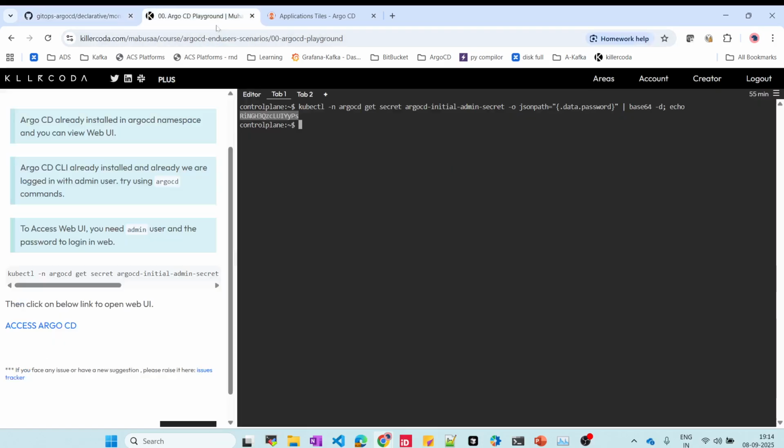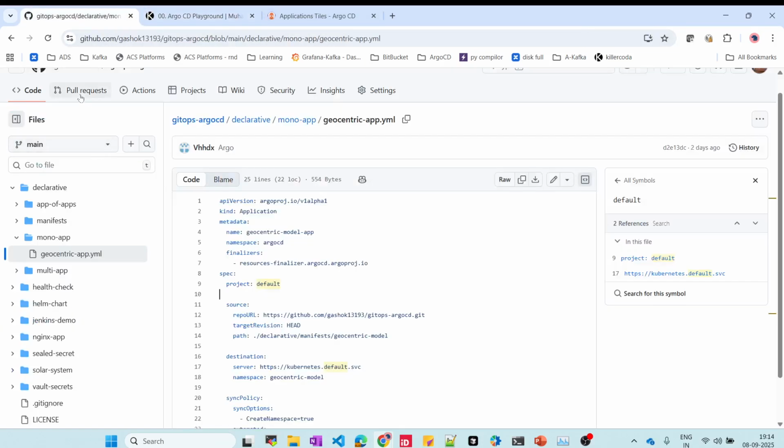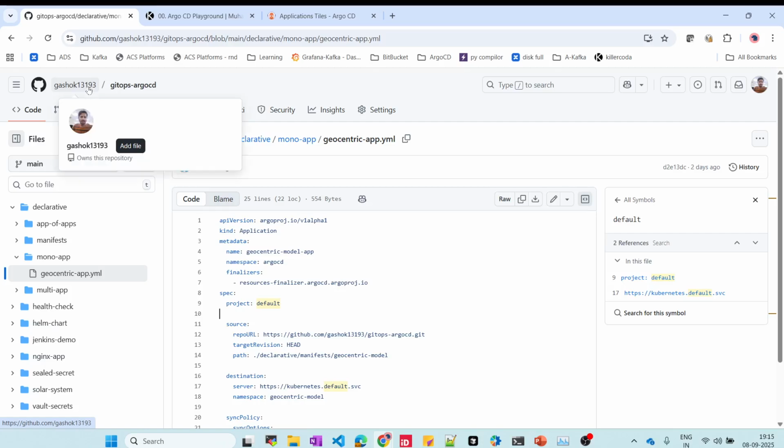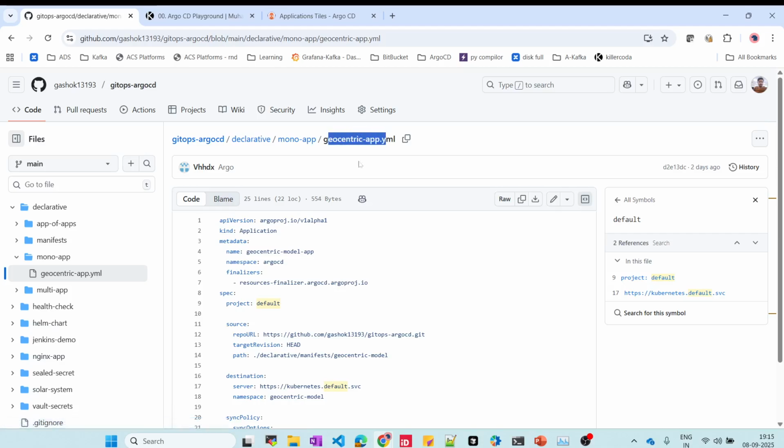And the source. The source is this one, right? This repo, GitOps ArgoCD. You just have to give that, and then the path. Inside this GitHub repo, we have declarative, mono-app, geocentric. Declarative manifest geocentric. If you come here, this mono-app has this geocentric YAML,